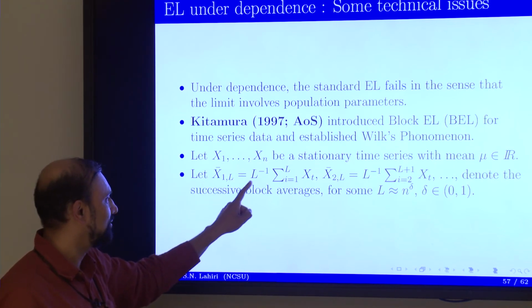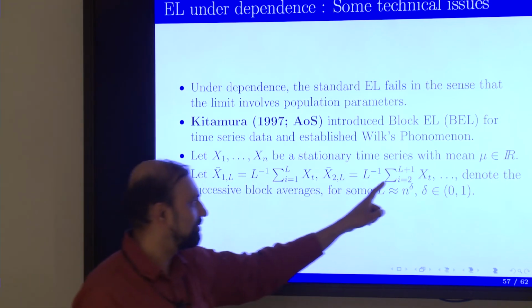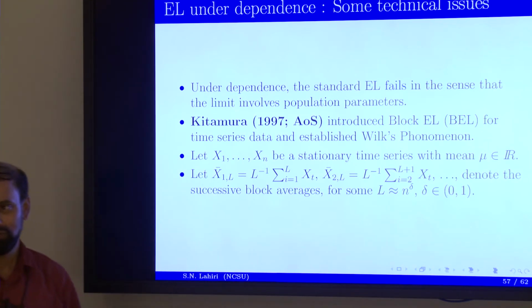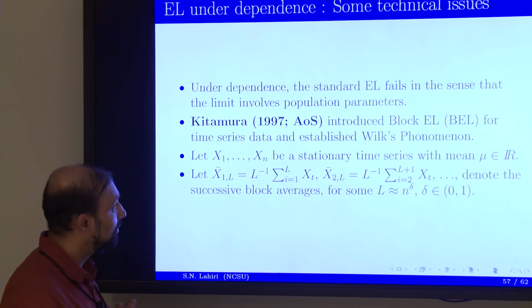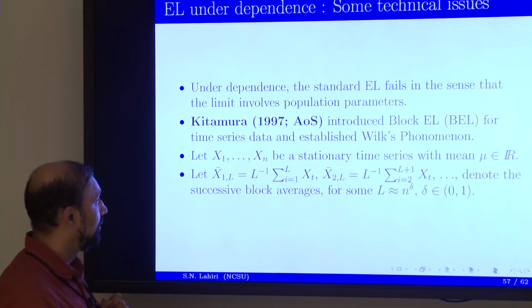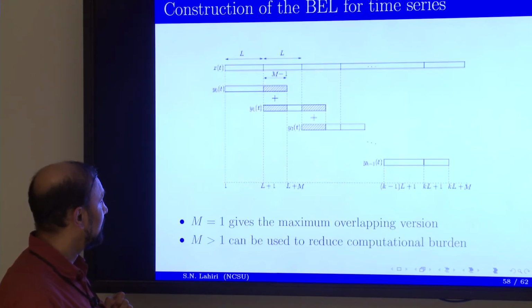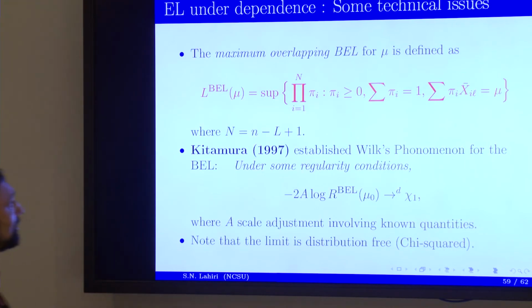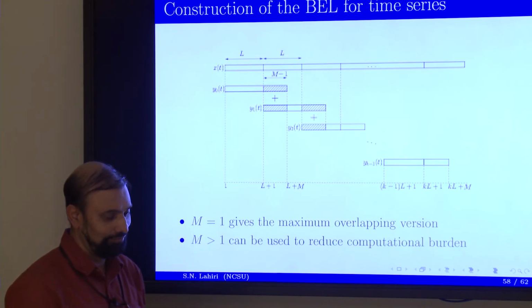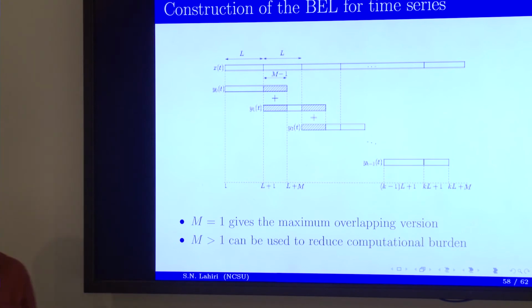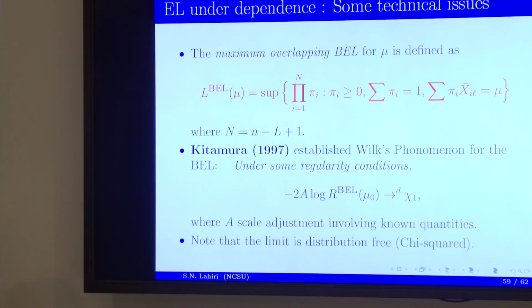So in the time series case, again, the idea is something similar. You have to work with blocks. So this is the average of the first block, next block, and so on. Blocking is necessary. Again, you have to capture the interactions of neighboring xt's in the time series case. And it's Yuichi Kitamura who did introduce this version of the empirical likelihood for the time series data. I don't think I'm going to show you that picture again. But he did it in the case where m was not necessarily equal to 1. So it was done in the general context.